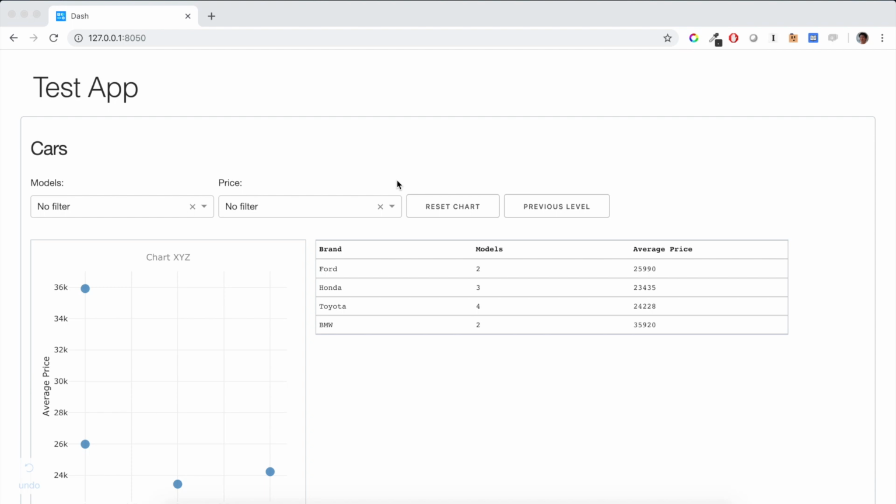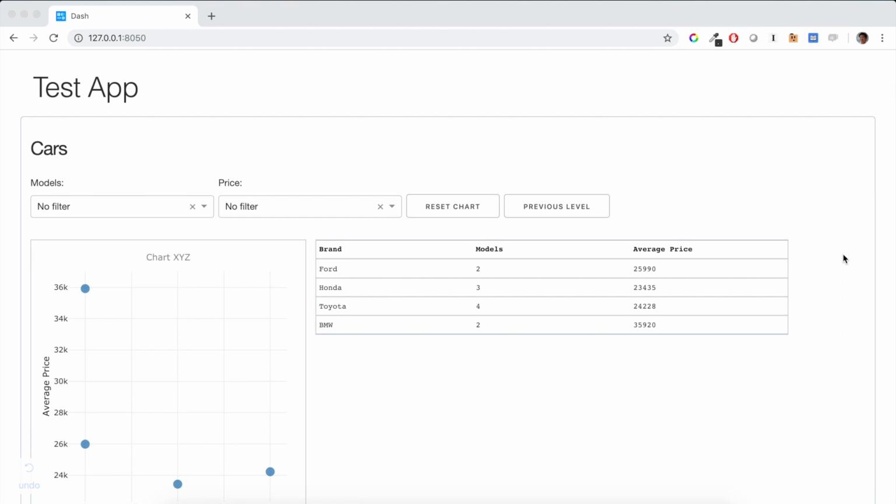In this video, we're going to explore how to create a table with a drill down functionality. This is particularly handy if you have a dashboard that you want to inspect more and more the type of data that you're showing. To illustrate this functionality and what we're going to learn in this tutorial, I created a